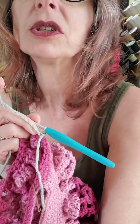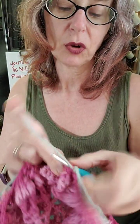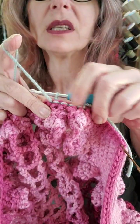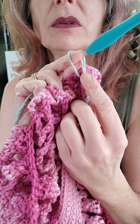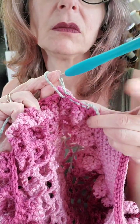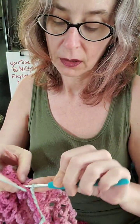and of course you wouldn't have this tail, because you're just going to continue around. So I am actually going to just continue around with a slip stitch this time instead of a single crochet, which is going to hold the sides of the bag tighter. And you're not going to see that because it's going to be the same color. You will see this on the top, which will make it look like a finished edge on the top. So it'll look like this on the outside. It'll look like a finished edge on the top, and we're not going to worry about the inside because it's the same color, so you're not going to see that running line there. So you are just going to slip stitch all the way across the side of that bag,